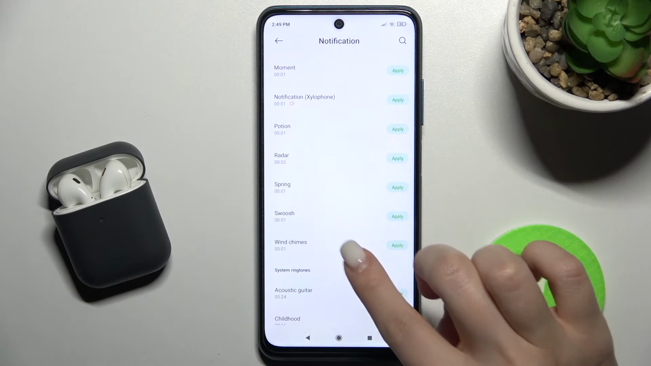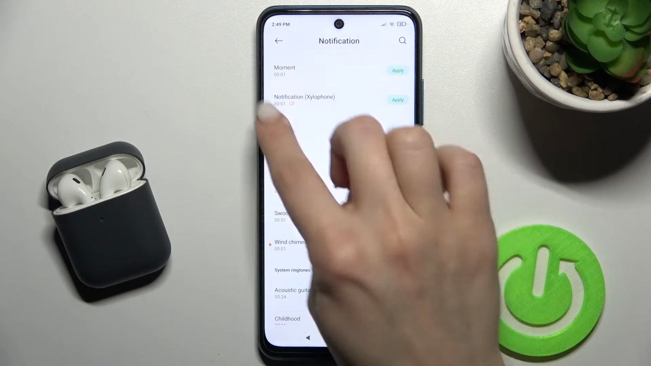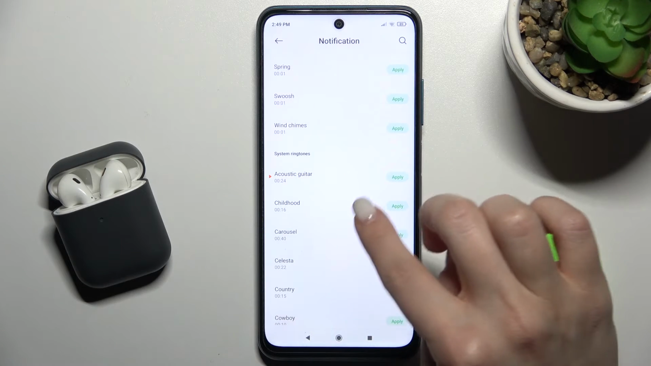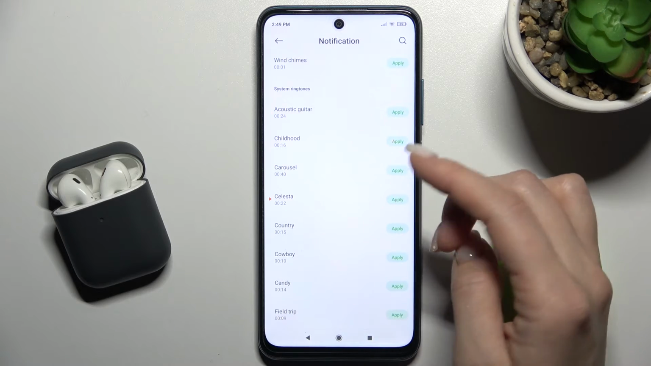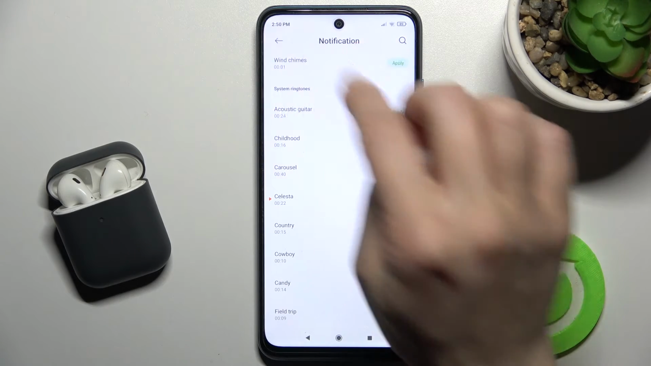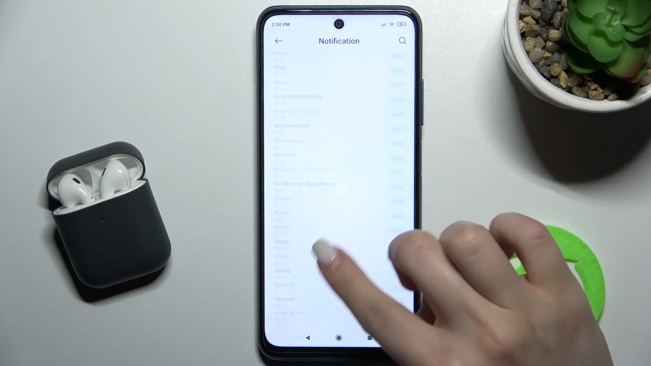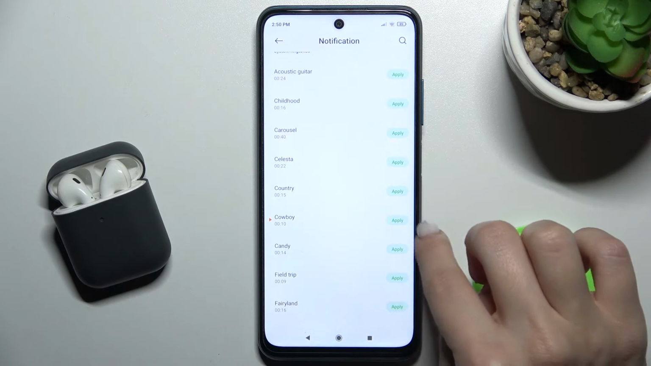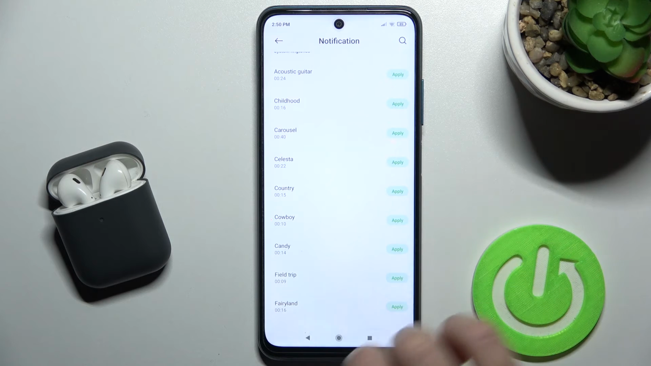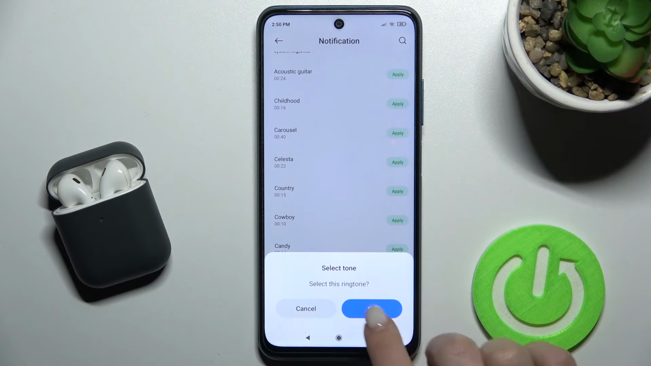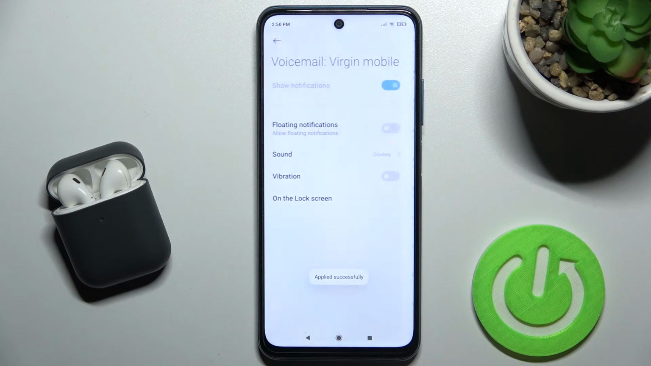So we have this one at the moment. For example, we can go with this one, and now just go back. Okay, so we just tap here to apply, and then to select this ringtone, tap OK,